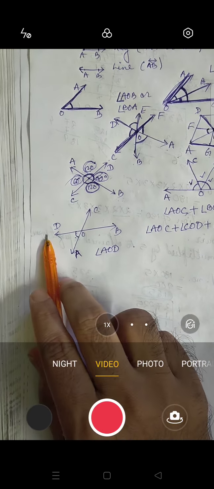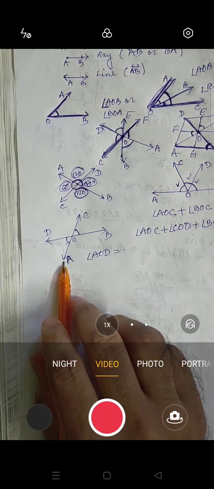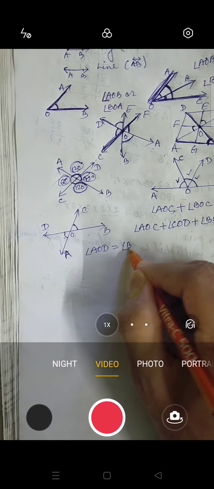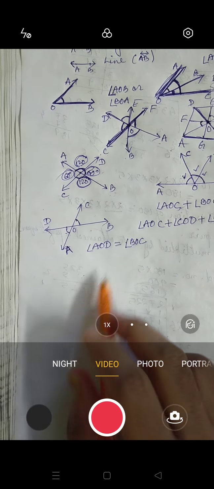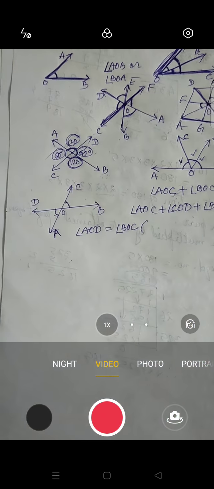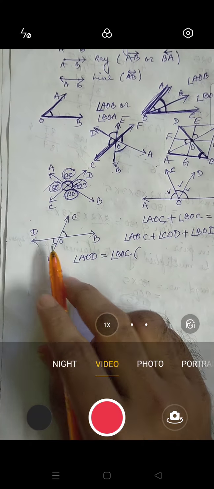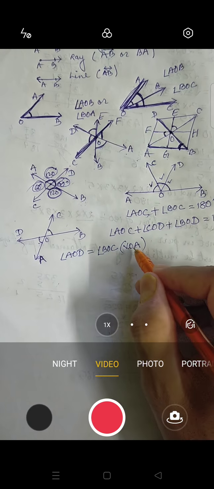So angle AOD will be equal to this angle. Now the name of this angle, that means angle AOD is equal to this angle. So this is BOC. So angle BOC, or you can say angle COB, both will be equal. Now what is the reason behind this? Why are this and this equal? If you don't write the reason here, you will get 0. That means you will lose your marks here. So you have to write the reason: this angle and this angle, why are they equal? Vertically opposite angles. You have to write vertically opposite angles, or in short you can write VOA.